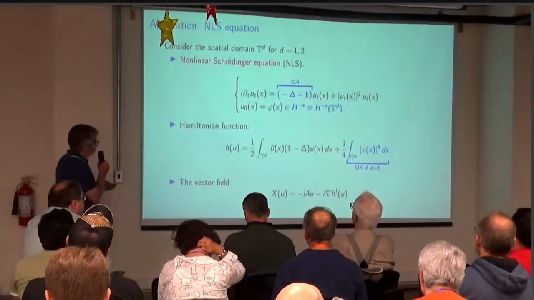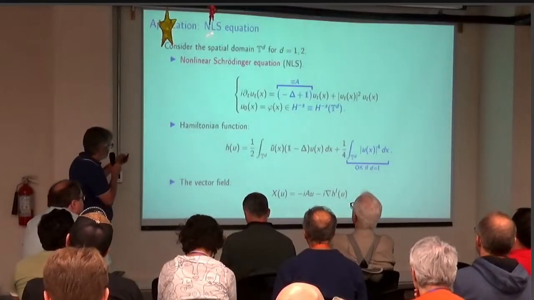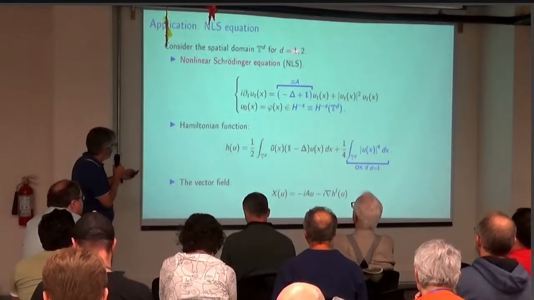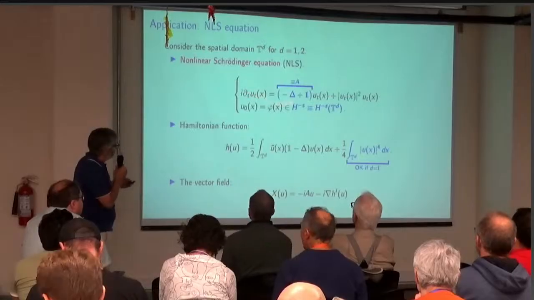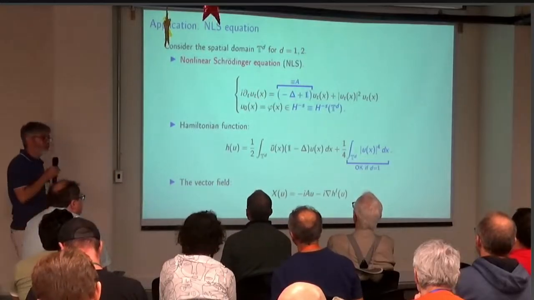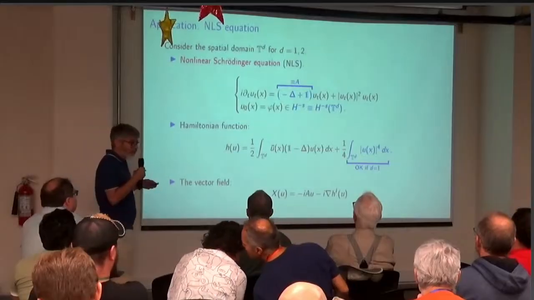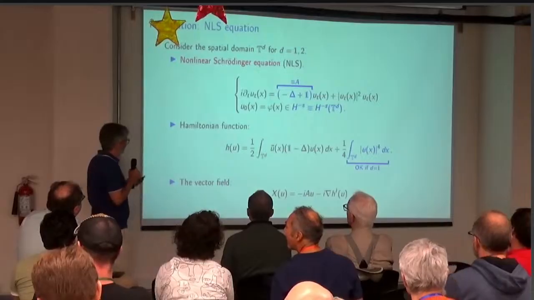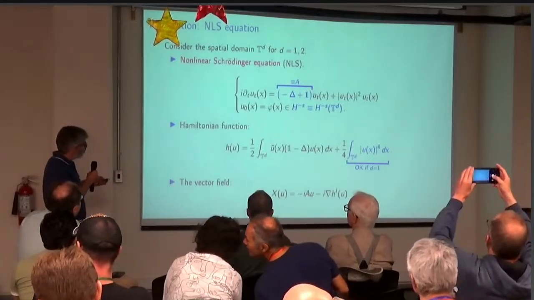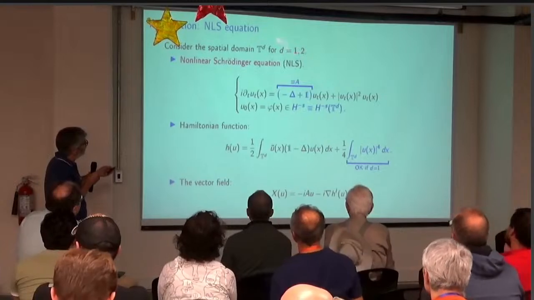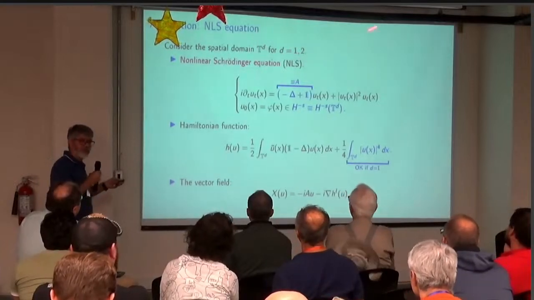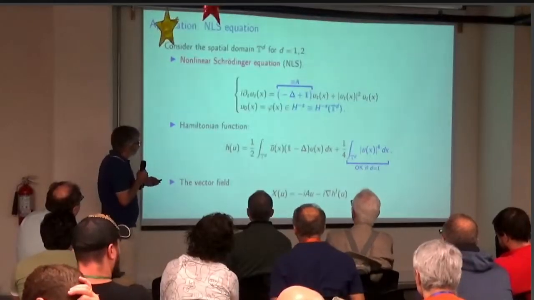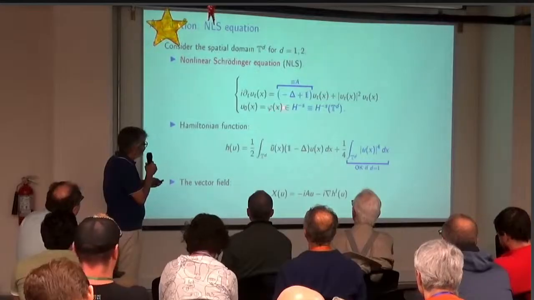So on PDEs, the main applications are the NLS equation. I will give one of the examples. So you take the torus, either in dimension 1 or 2. You write the nonlinear equation. We have seen this maybe in the talk of Zhao. He discussed a lot; there is a zoo of equations actually, by the way, studied. So there are a lot of equations, but here the framework is that we are on the torus, not on the full space. We are on the torus, and this is the Laplacian here, and you consider the equation